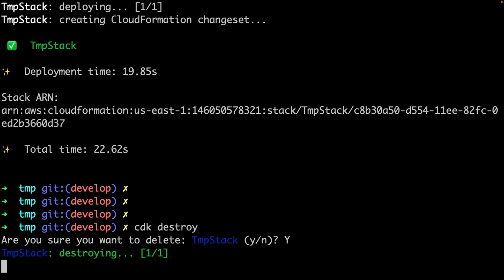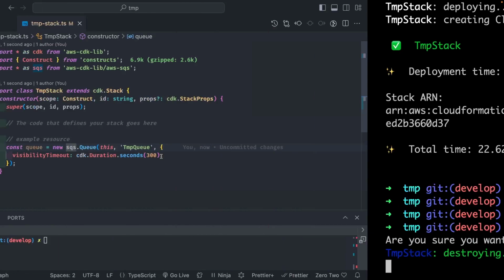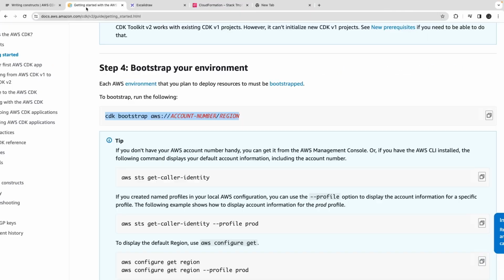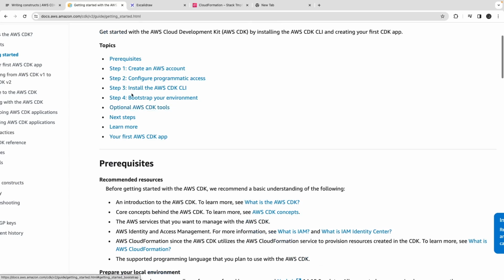So this is just a simple demo, okay? How we are getting bootstrapped, how we are getting started. This is what I was going to talk about in this video: if you are a Windows user, install AWS CLI. AWS CDK is actually an NPM module. Bootstrap your account by getting the account ID. And before that, you need to set up your